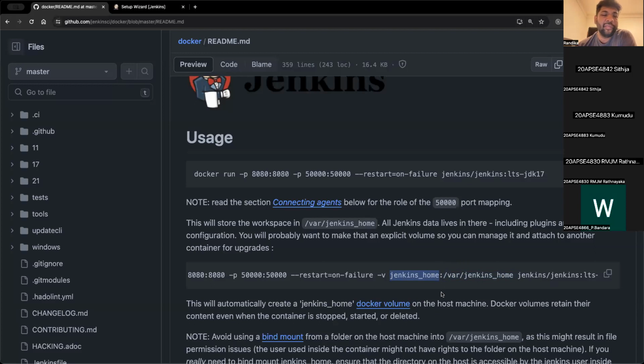You might ask, where does this volume live, and how do we explore it? We'll see that a little bit later. Right now, we are saying that there is a volume called jenkins_home, and whatever you find in /var/jenkins_home will be stored in the jenkins_home volume. So if for any reason we delete this container, by simply saying docker rm and the container ID,